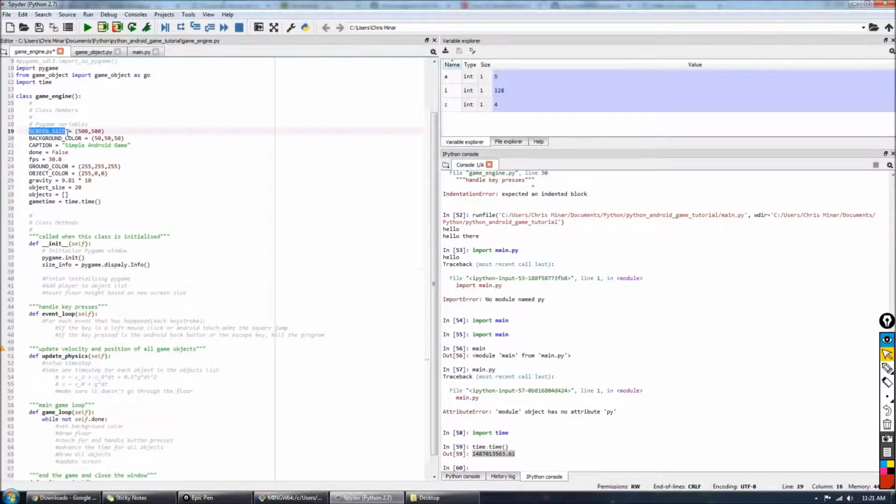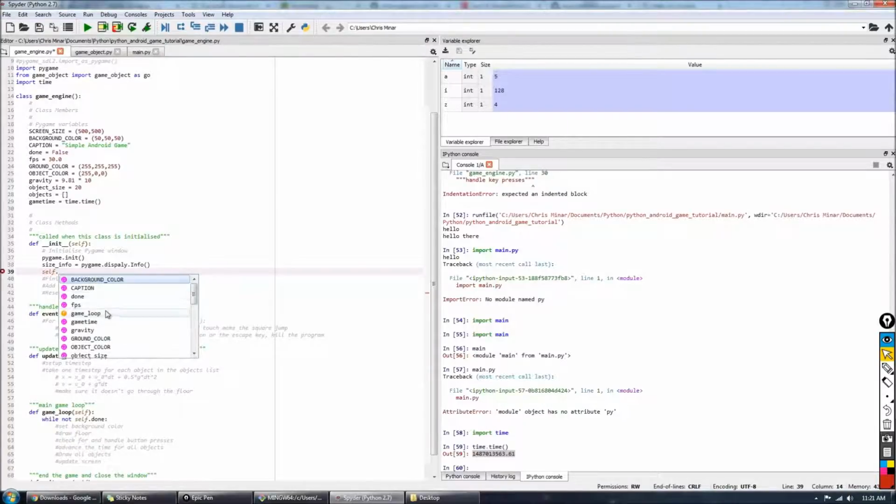So that's this variable up here. But now to access a class variable, we have to type self dot, and then whatever variable or function we want. So you can see Spyder is kind of suggesting a bunch of things for me. We want screen size. We can go down here and then select and hit tab to autofill. So self.screenSize equals